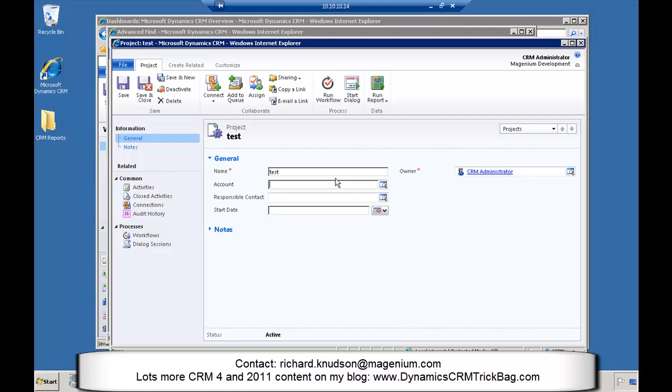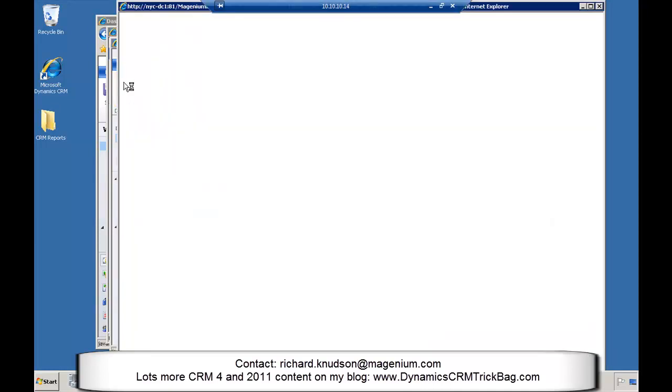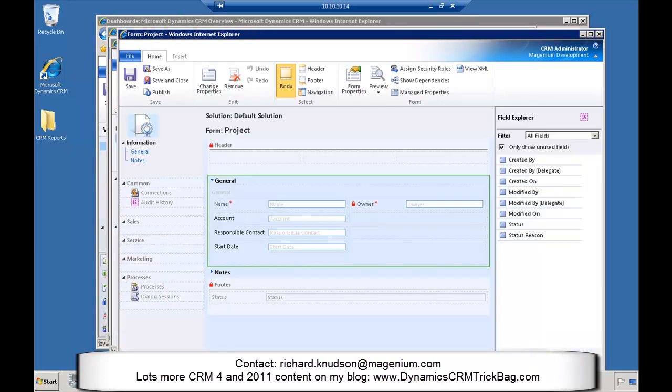So what did we see? We saw how easy it was to do in-place customization simply by clicking Customize, assuming you have the right security privileges to do that. Then I saw how we can use, once we're in customization, the Field Explorer to add new fields on the fly if we need them. I added the start date field, but then what I did was